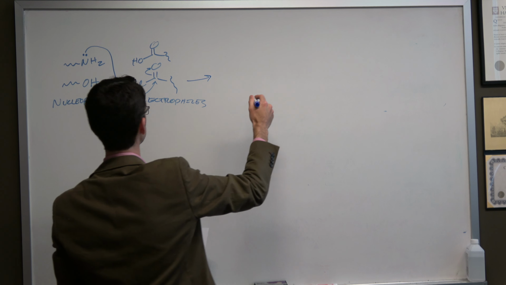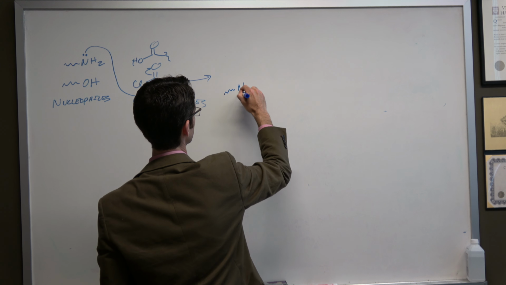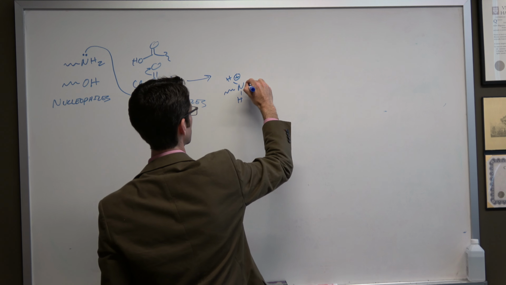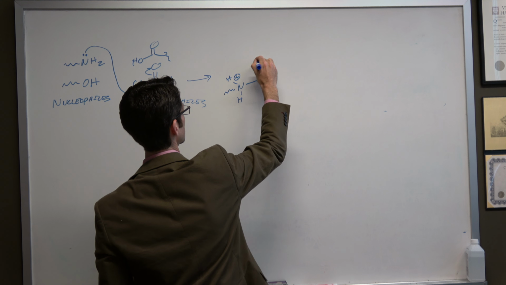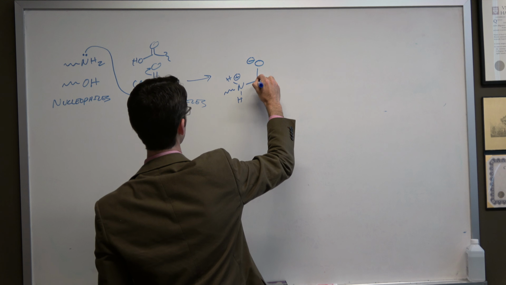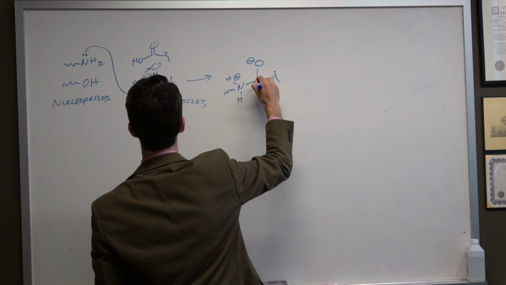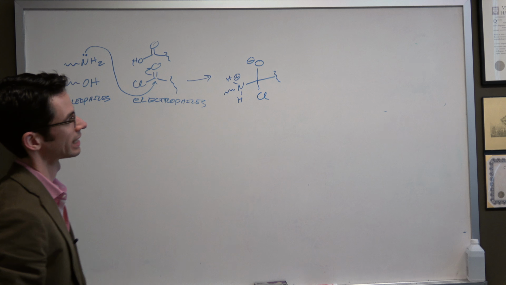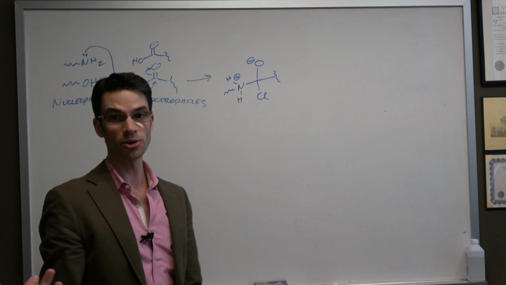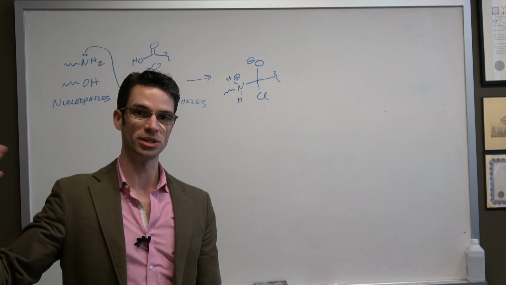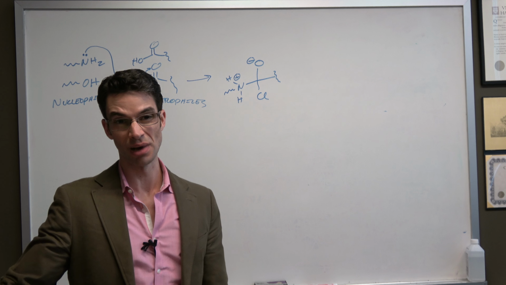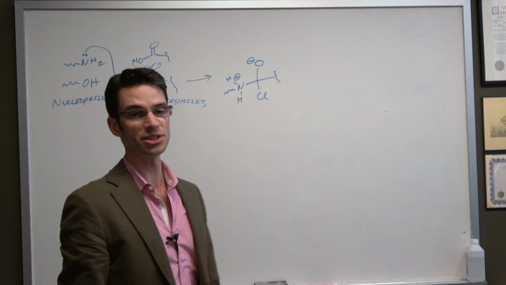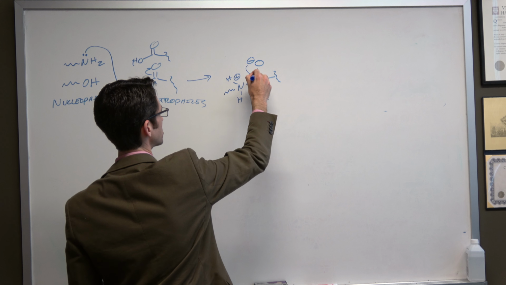And then the electrons go up here to form this minus. And we have the chlorine hanging out here. Now, what do we know about chlorine? Chlorine is a good leaving group because we know that it's stable as Cl minus. So this guy, which is called a tetrahedral intermediate, is unstable and it collapses down